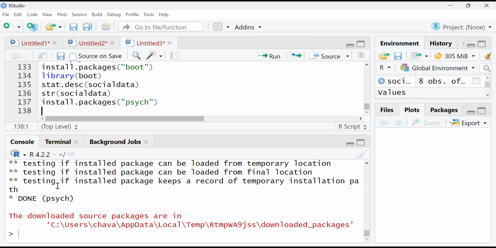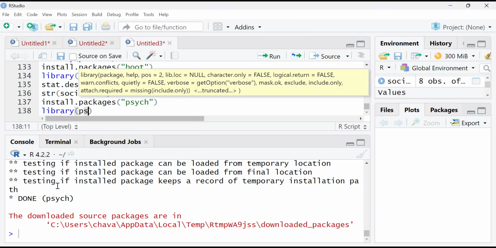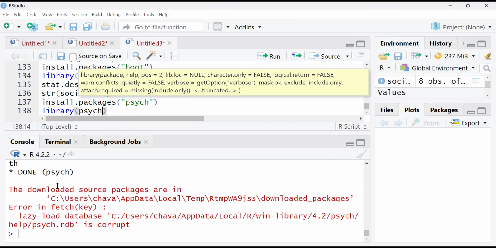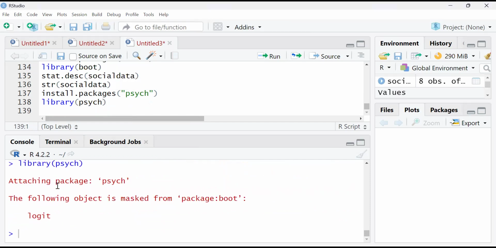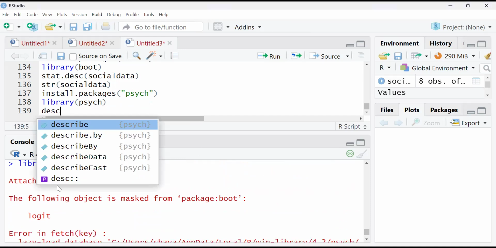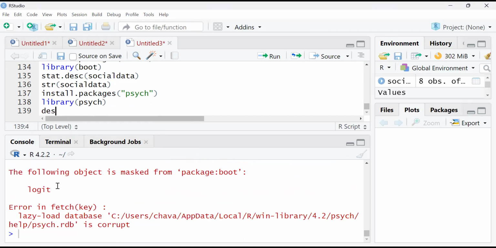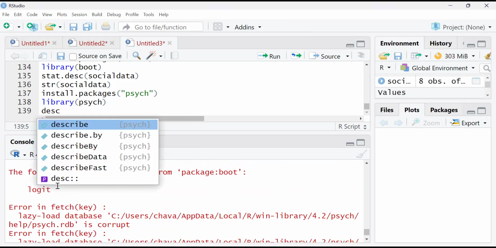Yes, sir. Then once you've done this, please run the code library(psych). Just run this code and you can see it attaching the package. Okay, so that is what we'll get here. Now just run this code: describe. If you just put describe here,